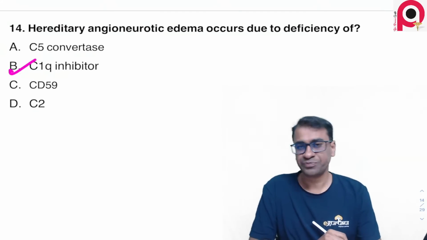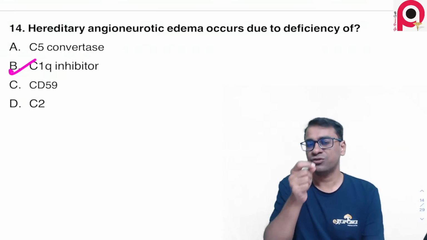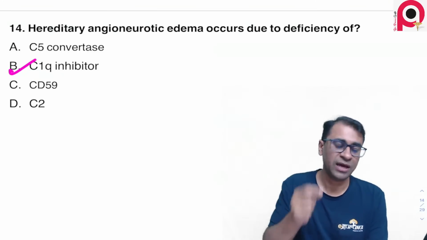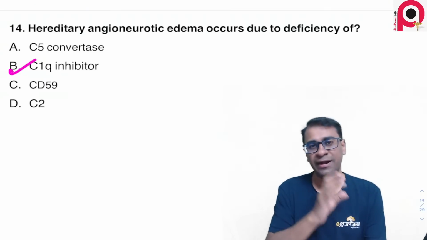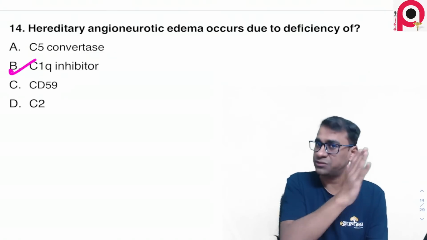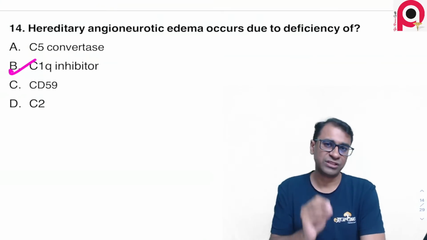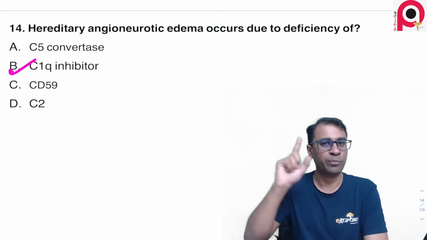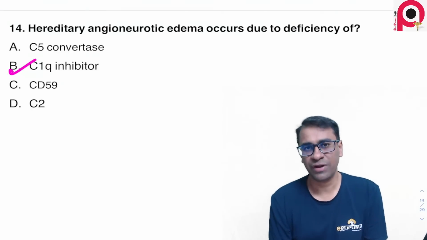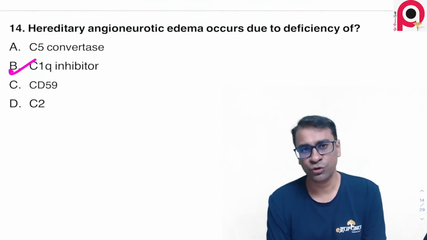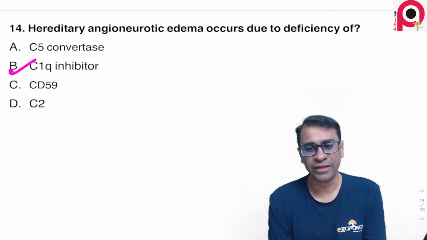And do understand that complement is very, very important. Try to remember that C3b, C4b, C5b are opsonins, C5a is a chemokine, C5 to C9 is the membrane attack complex. Do remember the function of C3a and C5a together, they lead to anaphylatoxins, and the deficiency of CD55 and CD59 leads to PNH. Deficiency of C1 esterase inhibitor leads to hereditary angioedema. Not to forget, the deficiency of factor I and H can lead to atypical HUS.